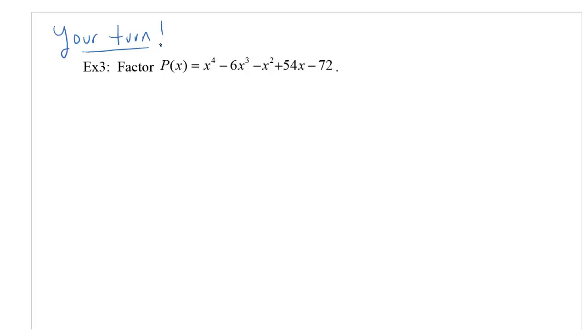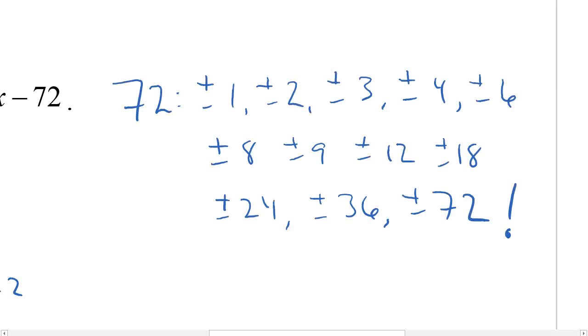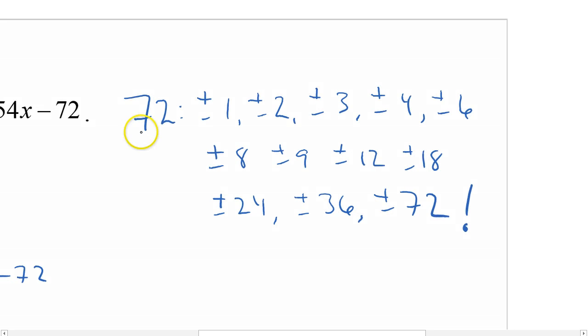And then, instead of just revealing it all, I'll just solve it for you so that you can watch me step by step, because you might get kind of lost otherwise. Alright, I haven't finished, but I've gotten a good start to it. So the first part is a little depressing. We're looking at 72. Oh my goodness, look at all those possible factors there. The plus or minus 1, 2, 3, 4, 6, 8, 9, 12, 18, 24, 36, 72. It's kind of crazy looking, and I hope I don't go on forever on this one page just trying to